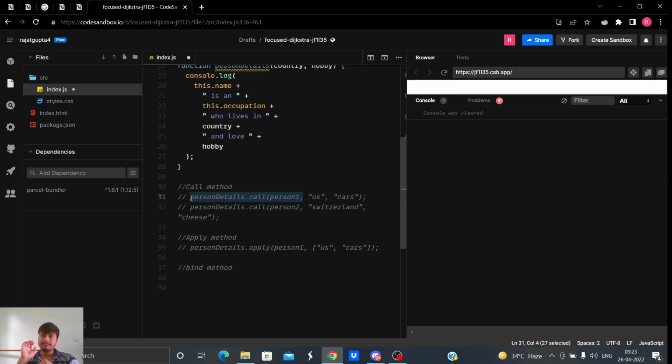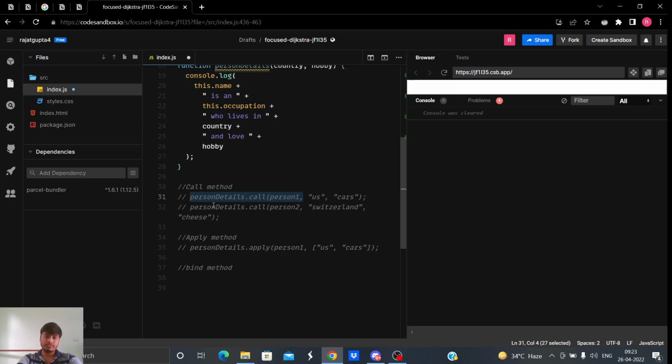Let me reiterate: in call we call the function along with the reference to the respective object immediately. But in bind we make a copy of the function to call at a later stage, whenever we want.